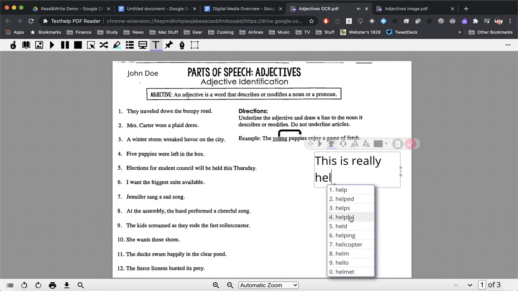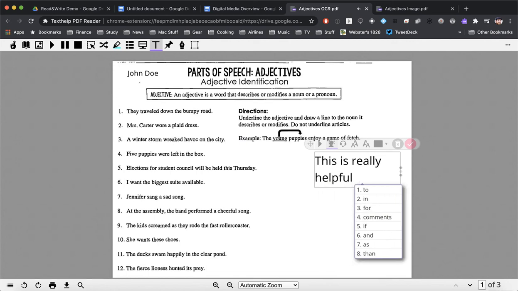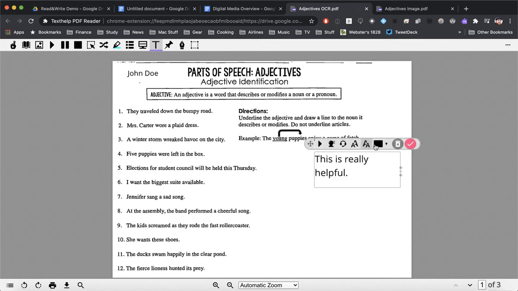Helped, helps, helpful, helpful. And then I'll turn that prediction off, and let's make that a little smaller, and maybe we can make that one red, and then I can leave that right there.